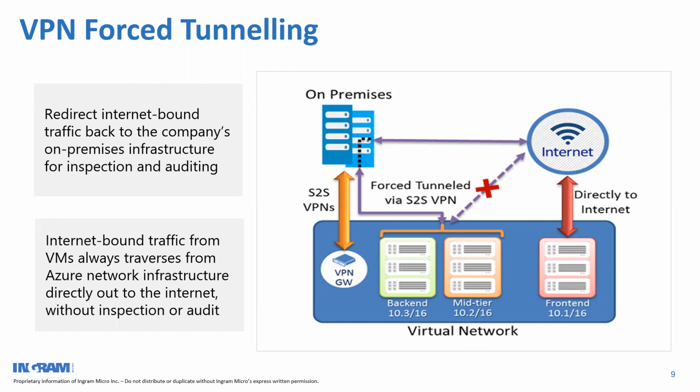So this is the VPN Force Tunneling option, which is available in Azure, where you can redirect internet-bound traffic through the company's backbone infrastructure. Now, this can be for auditing purposes, inspection purposes, making sure you're receiving traffic from legitimate locations, and then passing it on to the internet. For example, if you have a support team or an application team which is doing